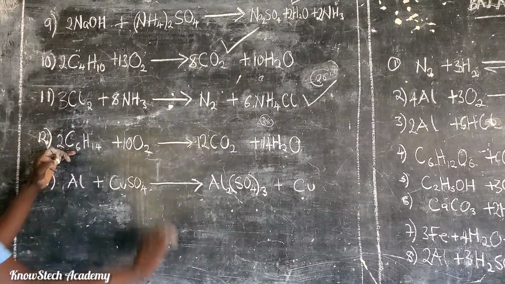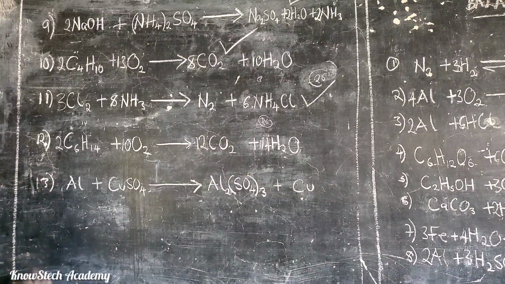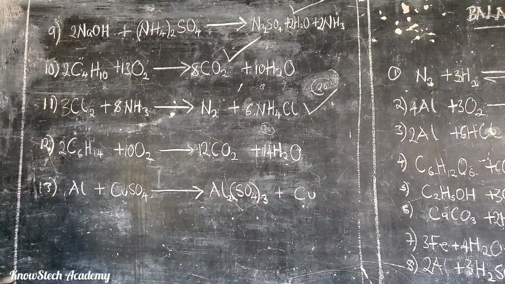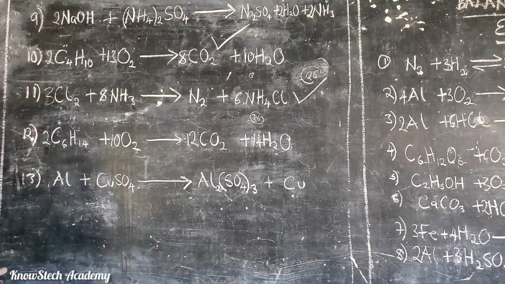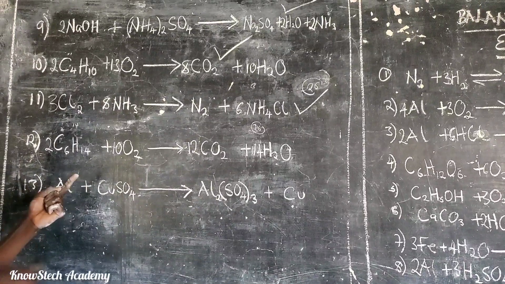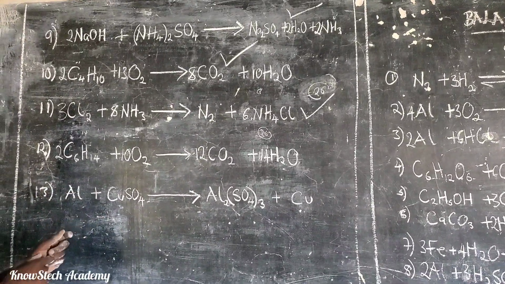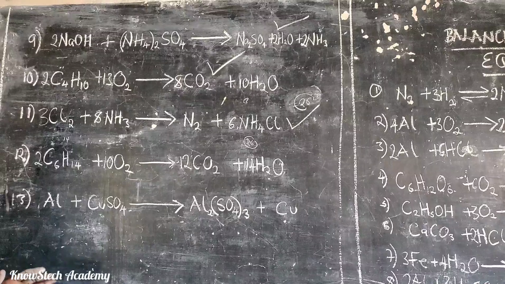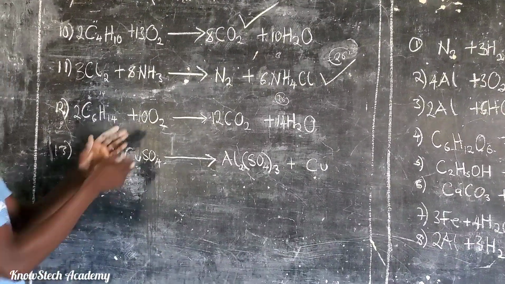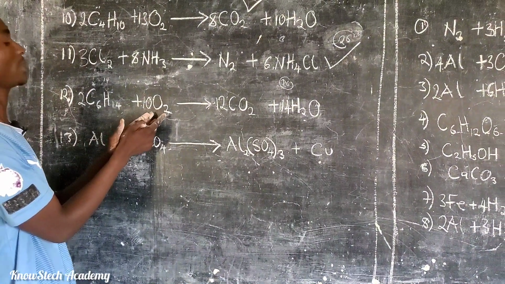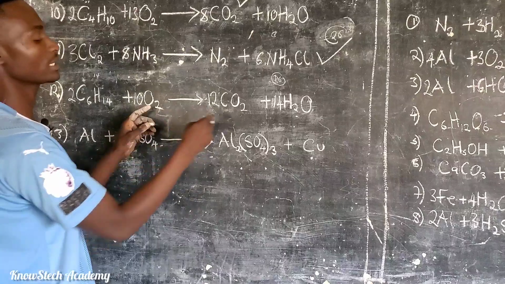Yes. If we put 12 there, the number of carbon atoms balances. But the number of oxygen has been affected, greatly affected, in fact. This side you have only 20. Then this side,